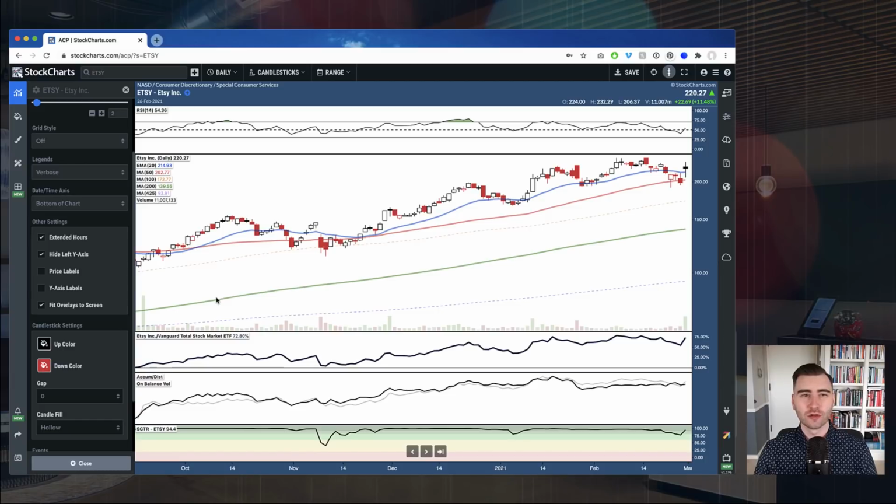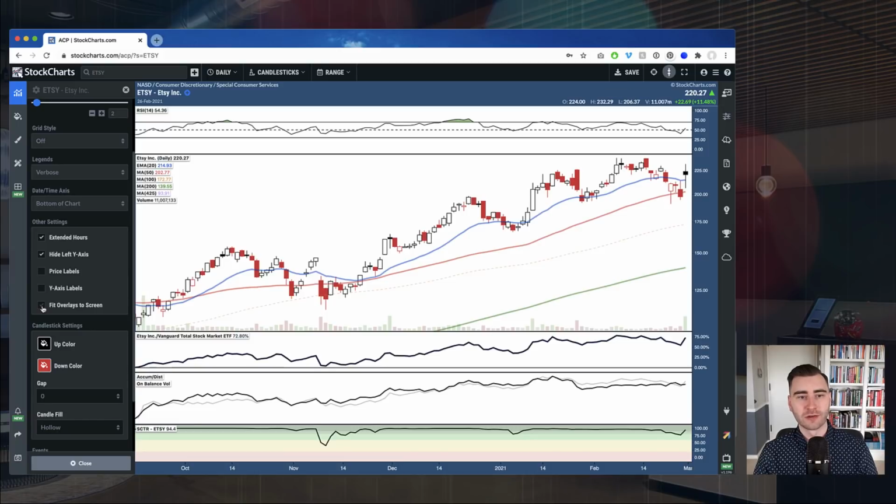We're going to take those into account in how we scale this chart. When I turn that off, you'll notice that it looks a little bit different. So in this case, you can see there's that 200-day moving average. We're not accounting for it in how we're scaling the price panel of the chart now. That 425-day, Etsy has moved so high, so fast that the 425-day really doesn't even come into view in this